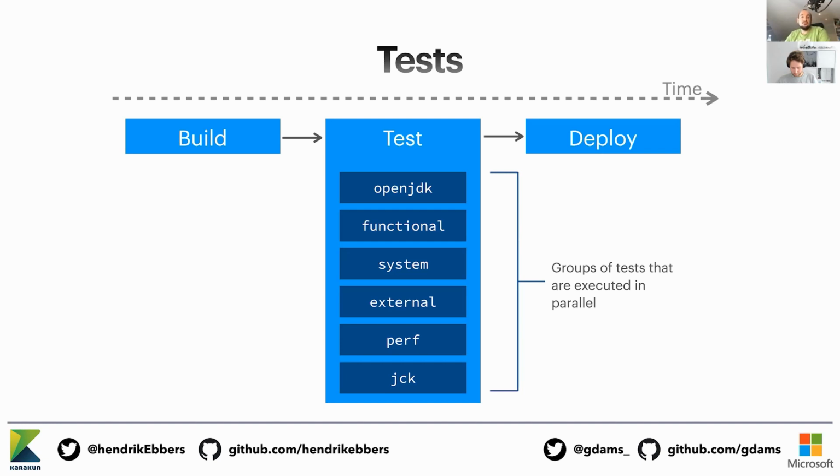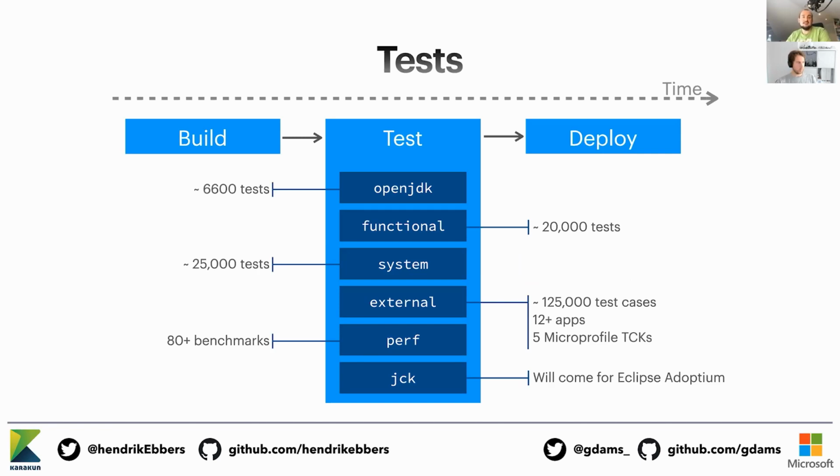And the groups, as you can see, are OpenJDK, functional, system, external, perf, and JCK. So all these groups contain different kinds of tests. Let's have an example here. The OpenJDK group, for example, contains tests that are coming from the OpenJDK. The perf group contains some performance tests. There are about 80 benchmarks in it to check that the current build is still